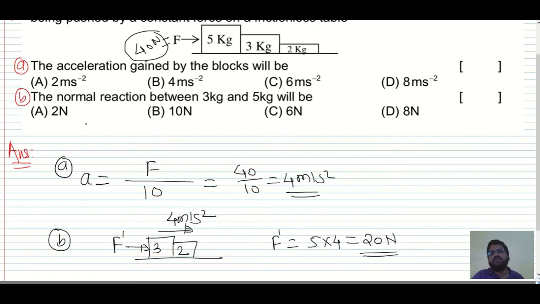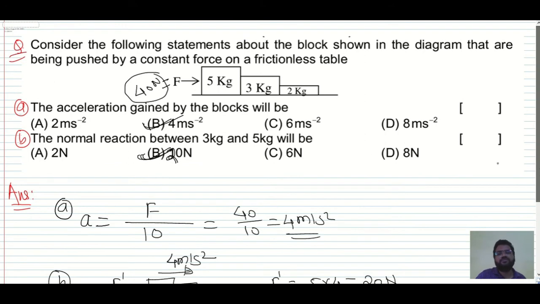The option is not given, so I'll just create this 20 Newton. So option B is the correct option. According to the force it will change. I have considered 40 Newton, and according to that I got 4 meter per second squared and 20 Newton as the answers. Okay, so next,